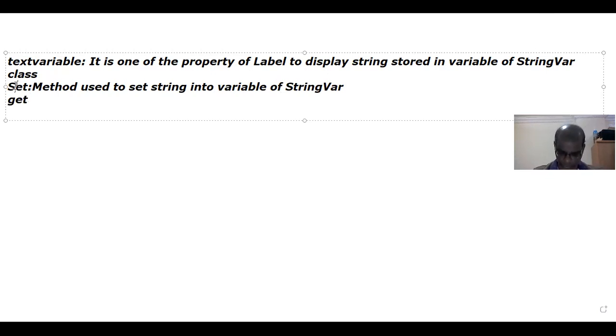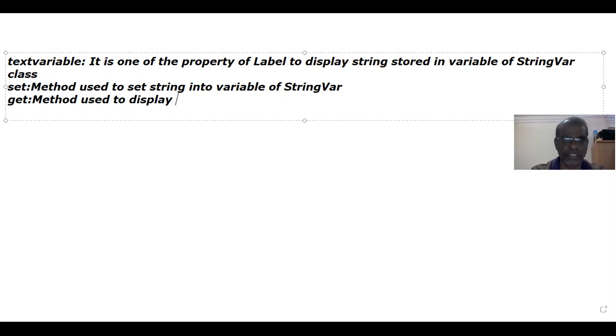This is with a small g, get. This is also one more method used to display or return the string stored in the variable object.